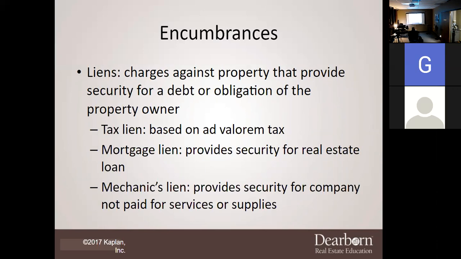So what we're going to end up doing, and what you need to be aware of, is that our first lien is going to be a tax lien. A tax lien is what we call an ad valorem tax. An ad valorem tax is a tax that we want to ensure, when we're going through these situations,